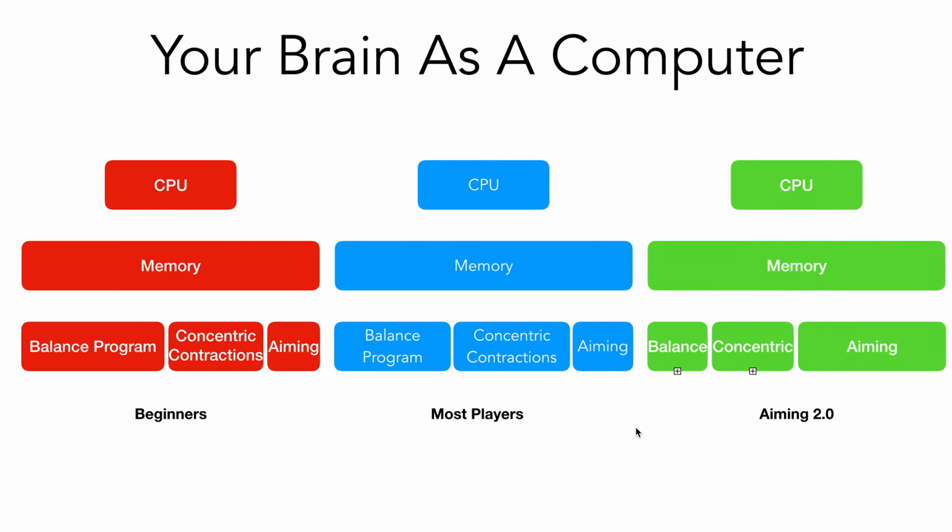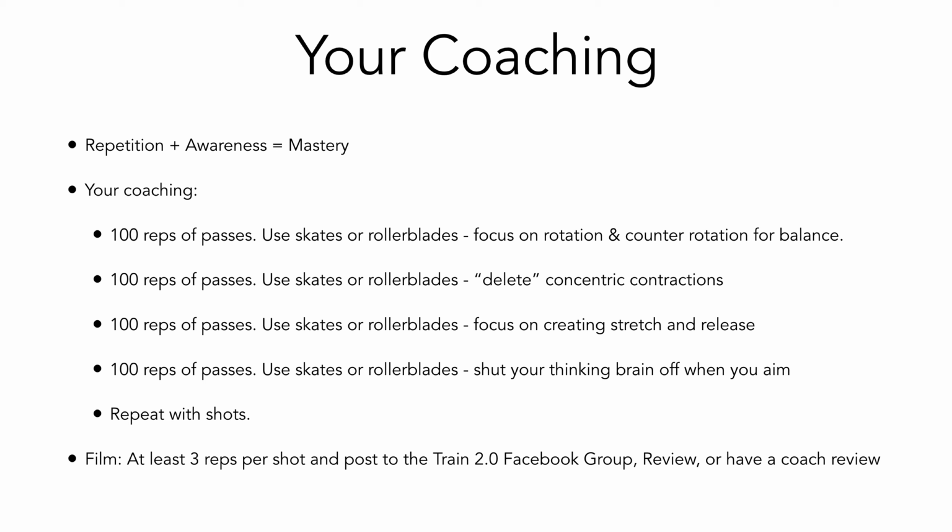And so that's what allows me to be here and have a small balance program running, just because of my counter rotation and rotation. And then using the bounce and contraction, I have a small concentric program, thus allowing much more room in my memory banks for aiming. So you're going to do that. You're going to practice that